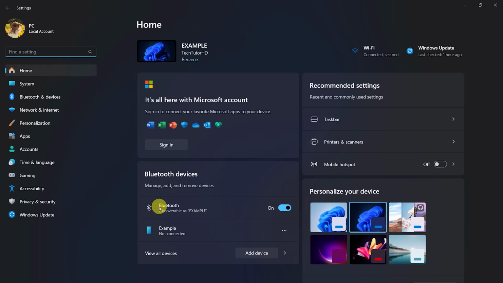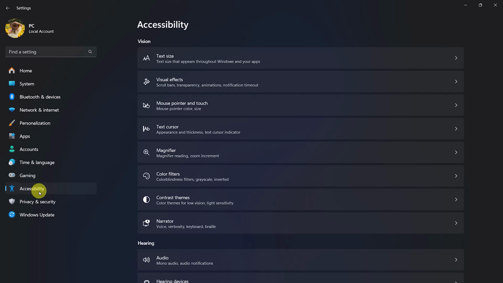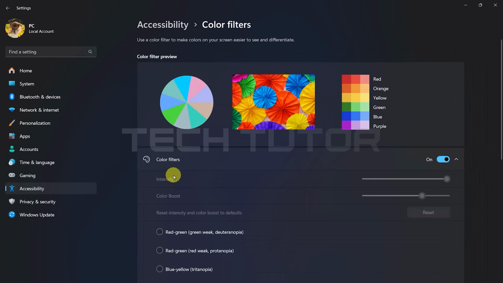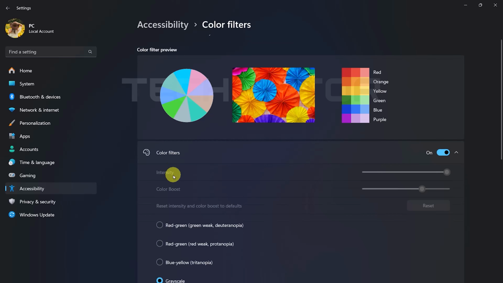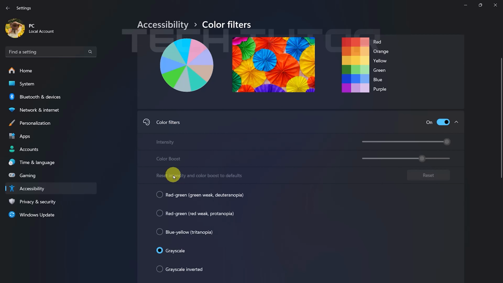Now that you're in the Settings menu, take a look at the left sidebar. Click on Accessibility. After clicking on Accessibility, you'll see several options displayed on the right side of the window. Click on Color Filters. Now that you're in Color Filters, take a moment to check if any filters are currently